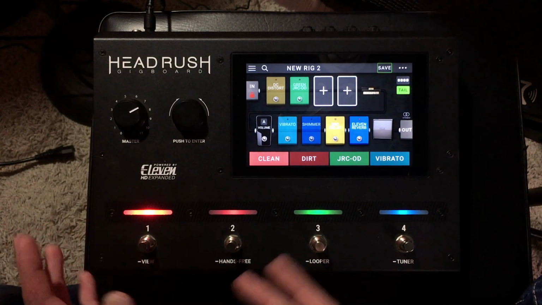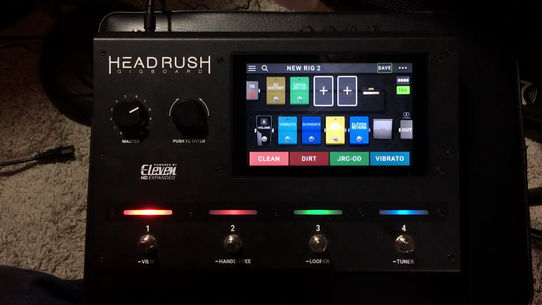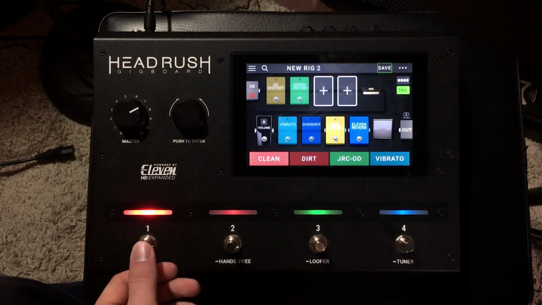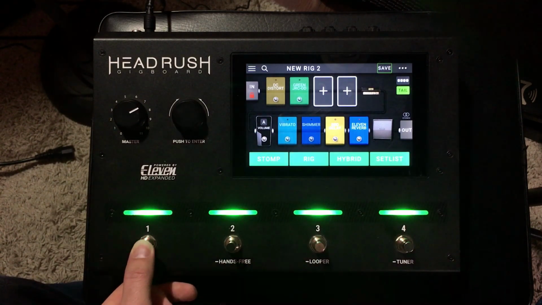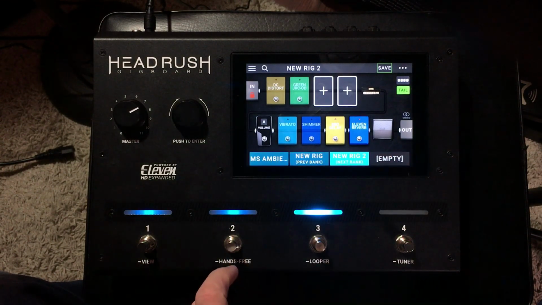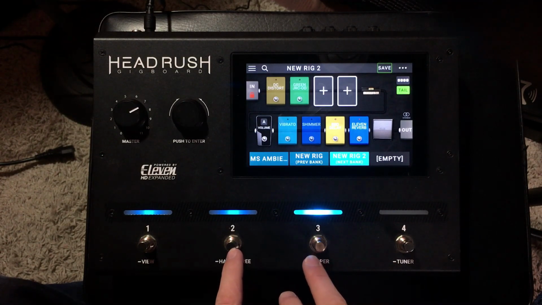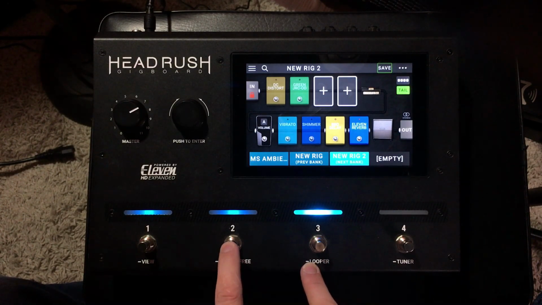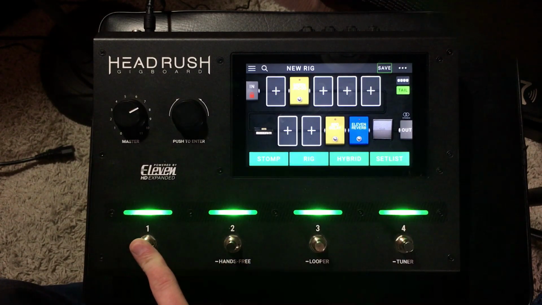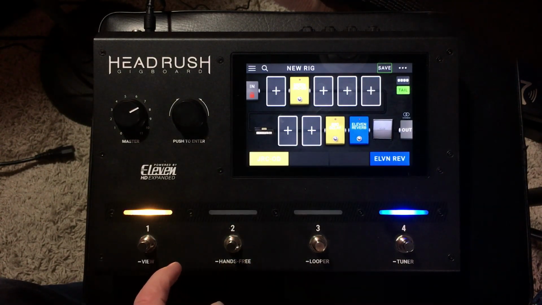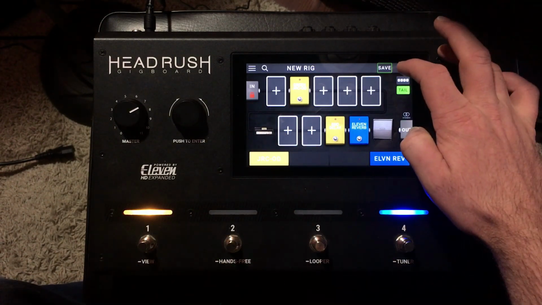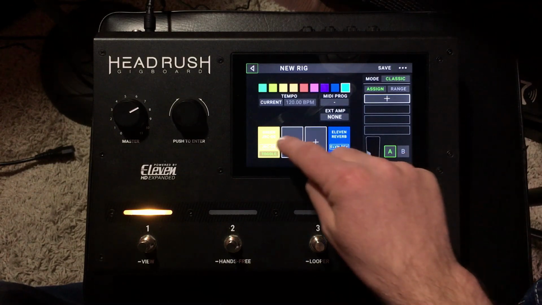Okay, now the only other thing that you have to be cautious of is if I want to get to a different preset, I now have to hold down the view button. I can either do rig, and I can say, all right, I want to go into the new rig, which is over here. You have to press and hold view again, hit stomp, and now there's your options for the stomp. Okay, and let's go ahead and make some scenes for this one,